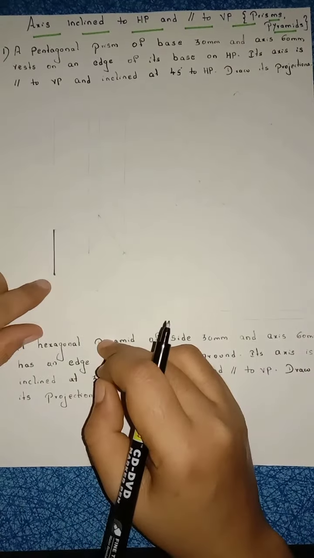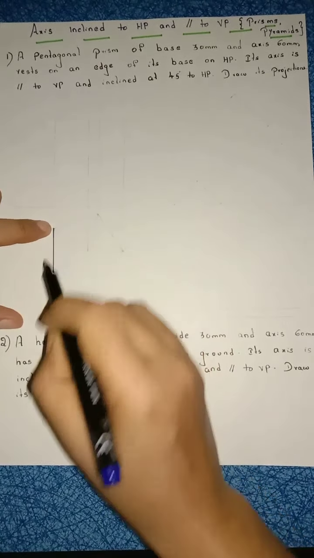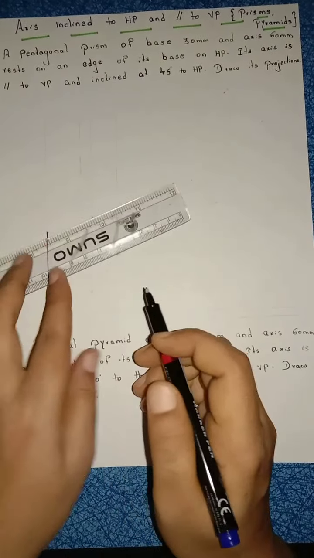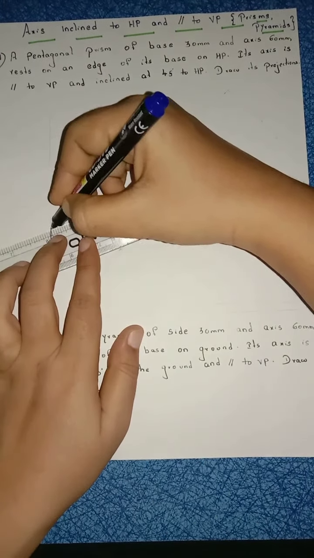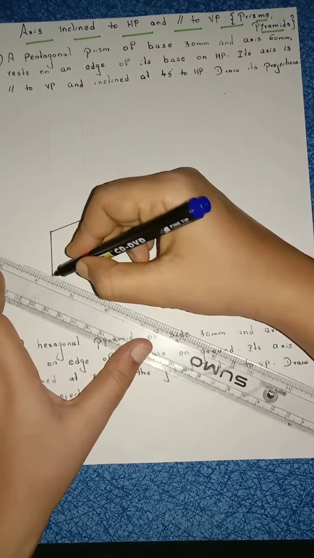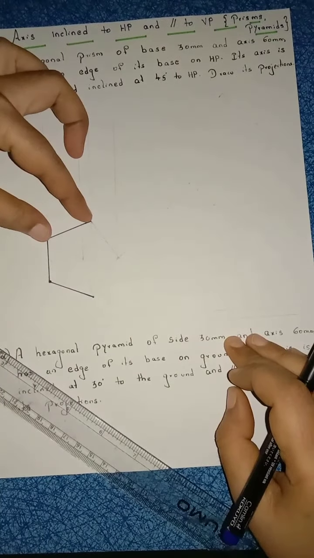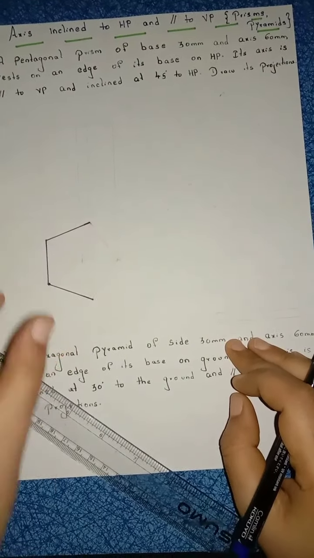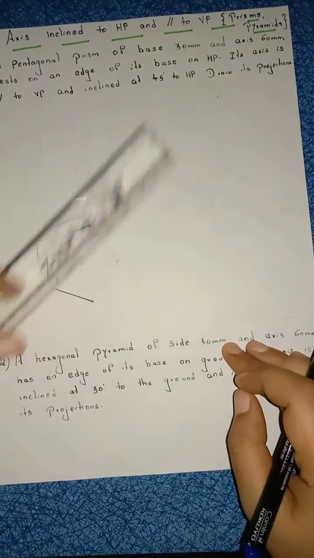Right? Place your protractor on this line. From this point, mark 180 degrees. Again from this point, mark 180 degrees. Right? You know this. Length of the hexagon is here 30 mm only. Take 30 mm and take 30 mm here. Right? After that, take this length with the help of compass. Keep your compass here. Draw an arc. With the same length again, keep your compass here, cut the arc. Right? Construct the pentagon.